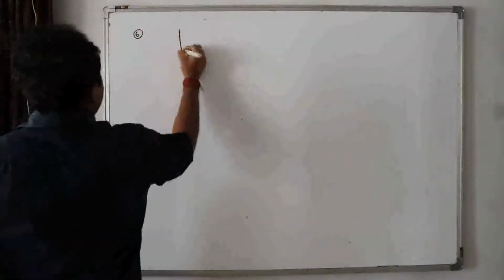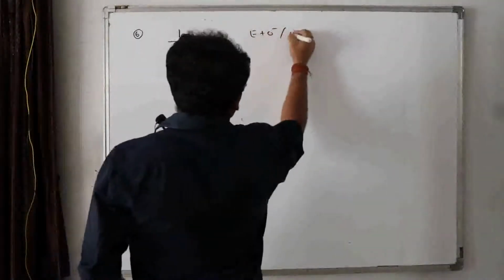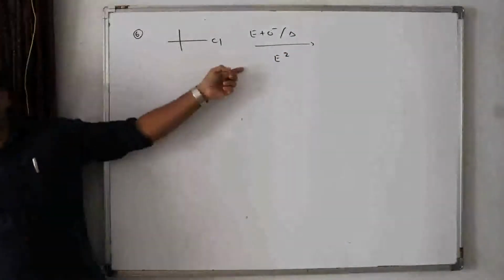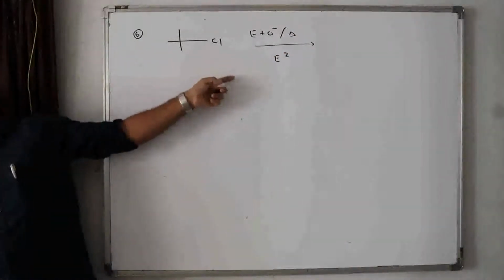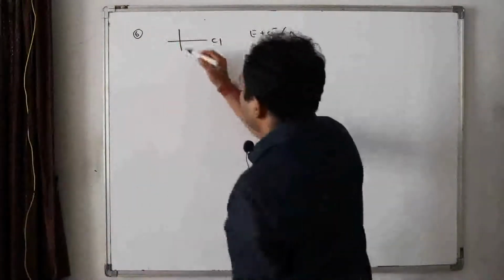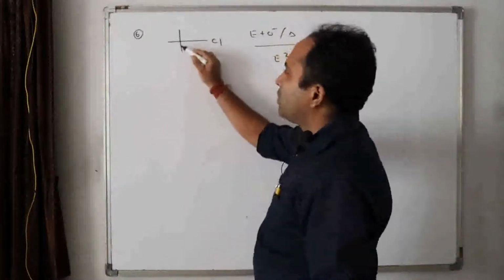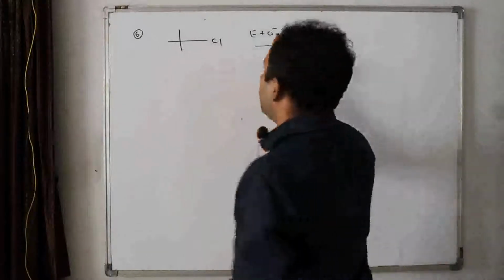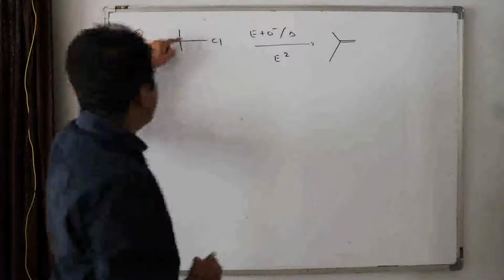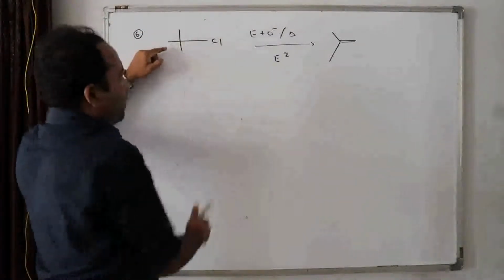Sixth question. Cl, EtO minus, heated, E2. Tell me, can this go for elimination reactions? Yes or no? Cl, this is the alpha carbon, this is the beta carbon, this is the beta carbon, this is the beta carbon. From any position we can remove hydrogen. Can I get something like this? Yes or no? This carbon, this carbon, this carbon. From this hydrogen is removed. So this double bond.